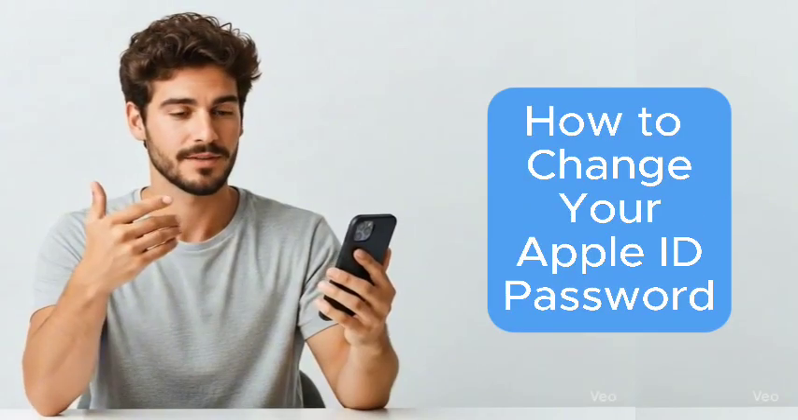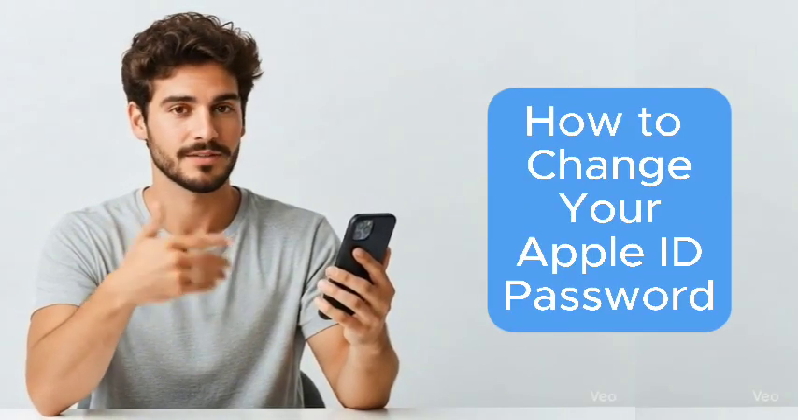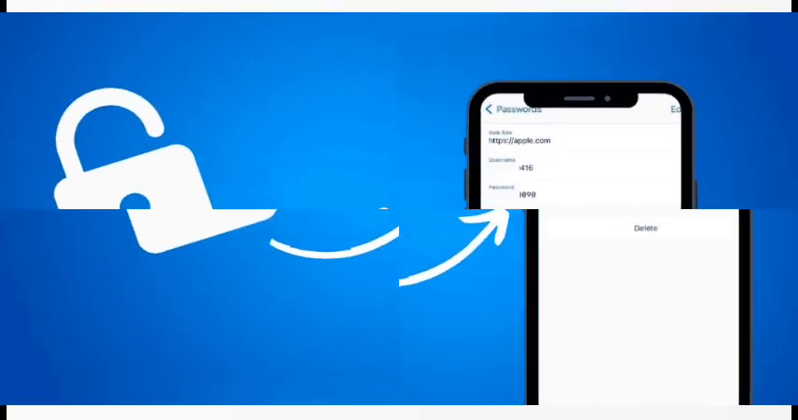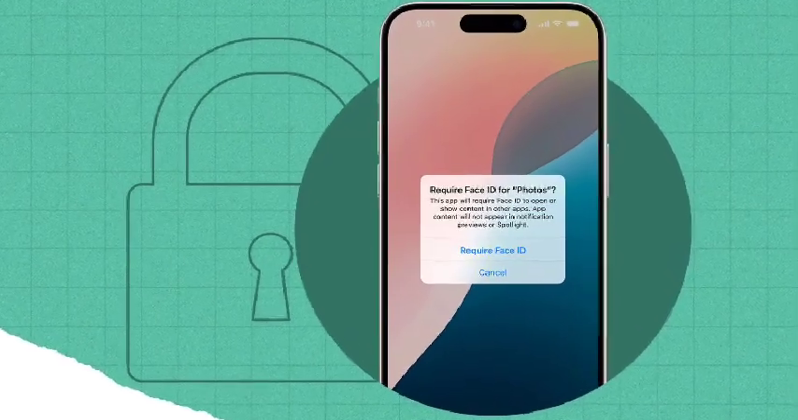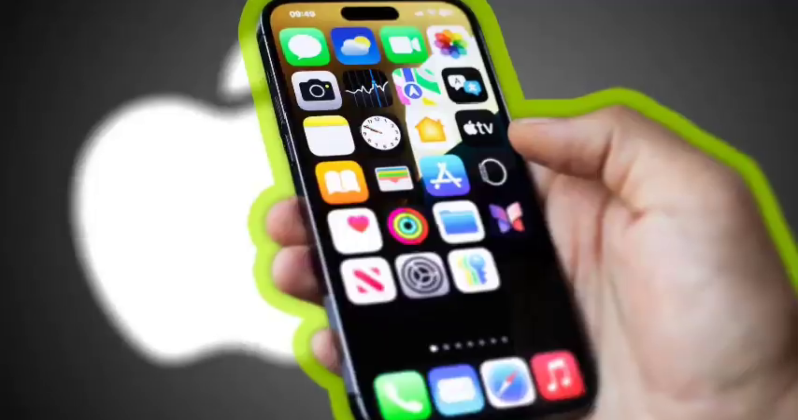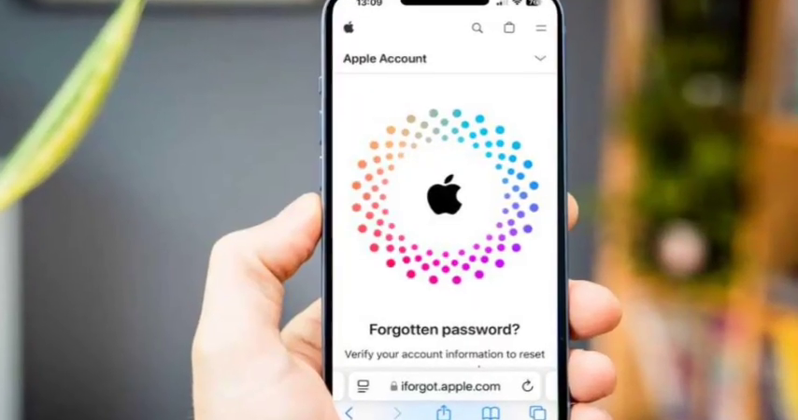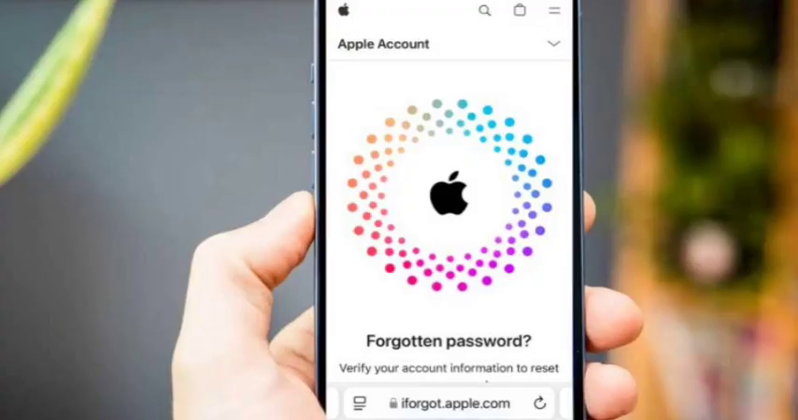I'll guide you through how to change your Apple ID password if you've forgotten it without needing to use your old password. If you're looking to proactively update your security after an audit, or you want to secure your account after a potential breach, and you need to set a new Apple account password, then this tutorial will walk you through